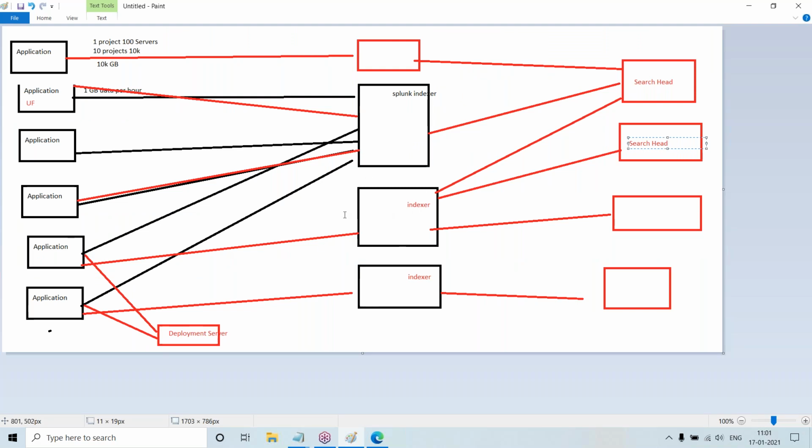We will have a standalone installation, and then the configuration where you will have a universal forwarder installed, an indexer installed, and a search head installed. How to do the setup and how to combine them, I will be covering. I will also be taking classes on basic Splunk queries.